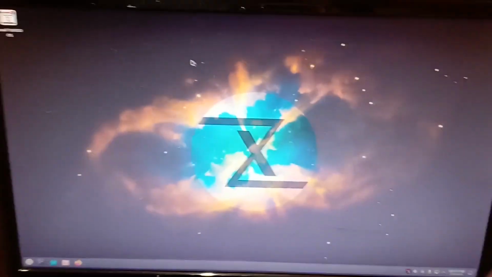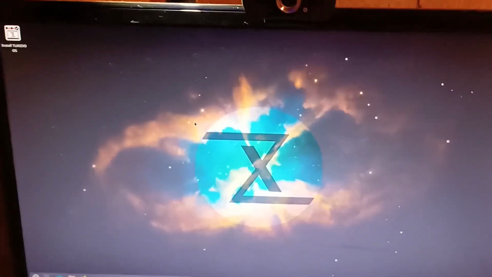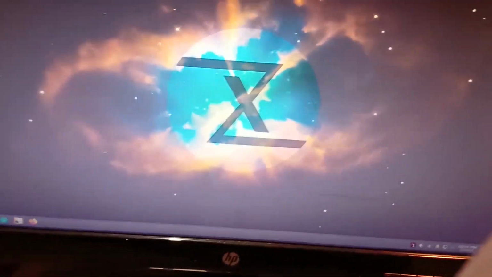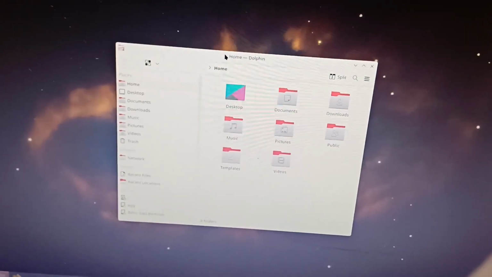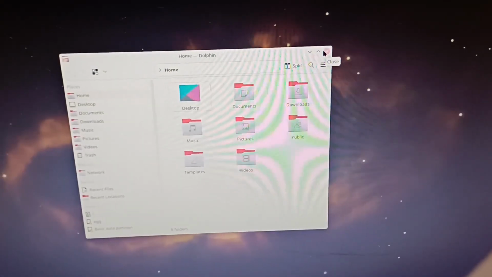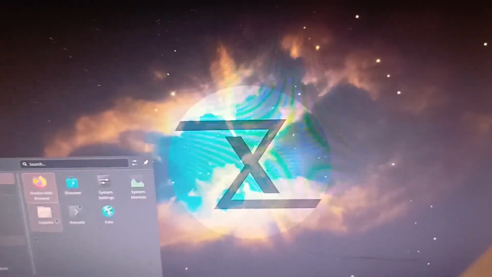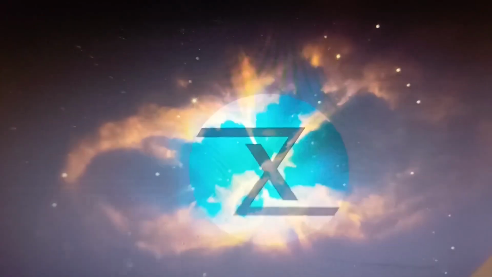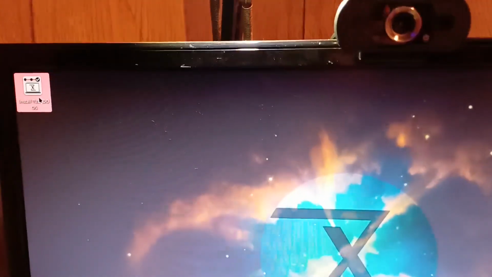Now we are in the live installer. This is where you can try out stuff. This is just default configured stuff, so you can test things out here. You're still on the flash drive, you haven't actually installed anything. This gives you a chance to try everything out and see how you like it. But anyway, I'm going to go ahead and install.